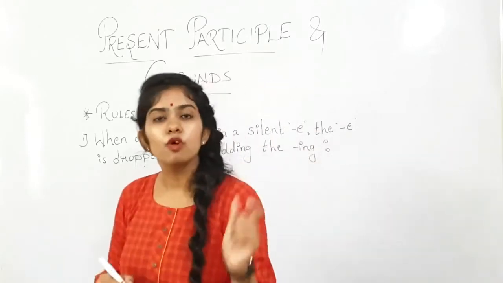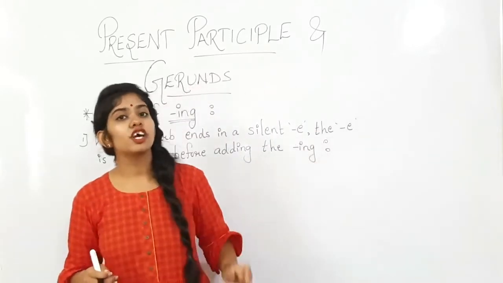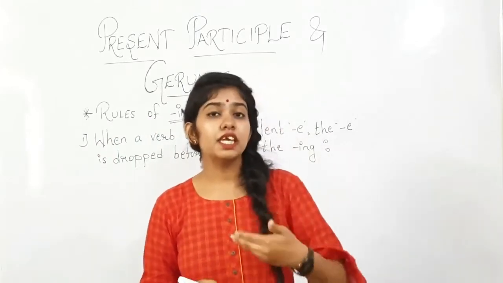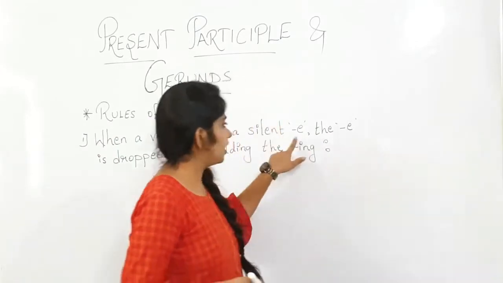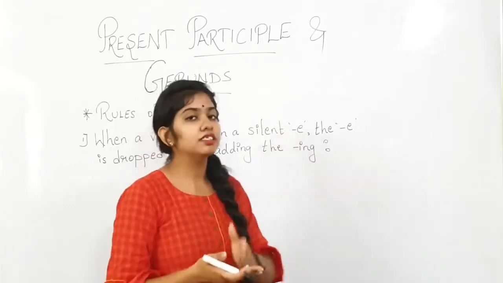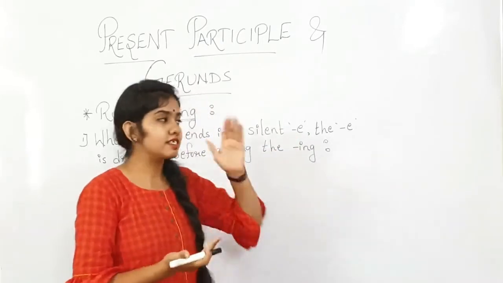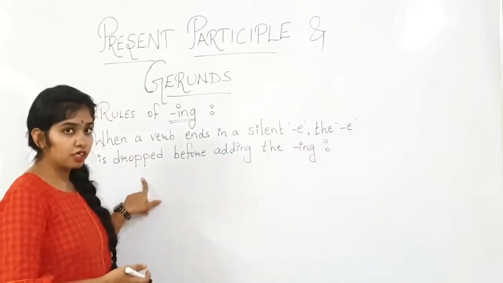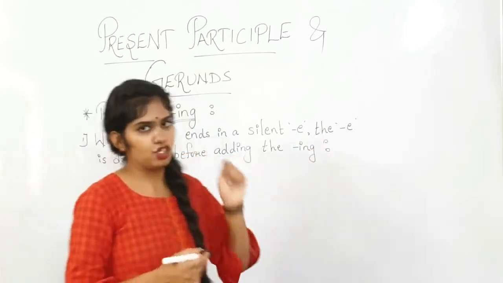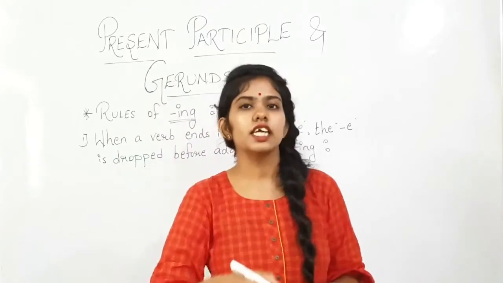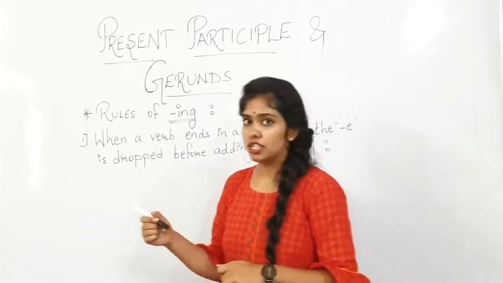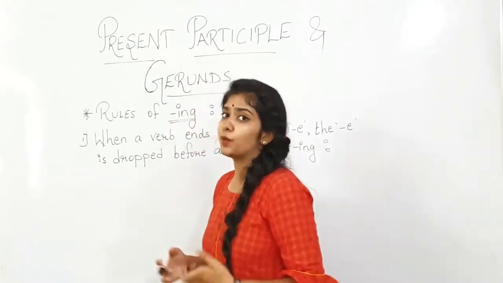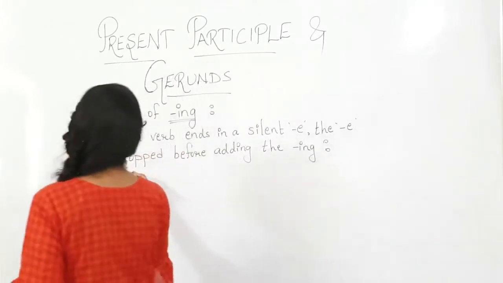When we speak the word, we do not pronounce any sound of the e at the last. We are not speaking any sound of the e. So that means that the letter e is silent over there. Then the e is dropped before adding the ing. Means we will cut the e before adding ing. Let's have some examples so that you will understand very clearly. For example,